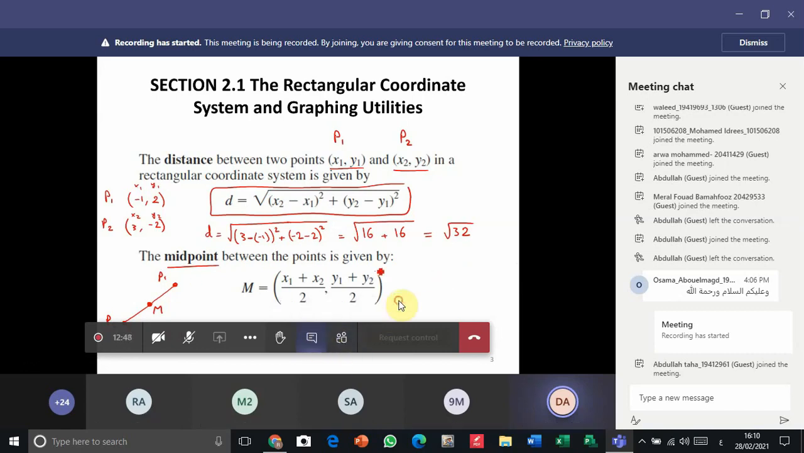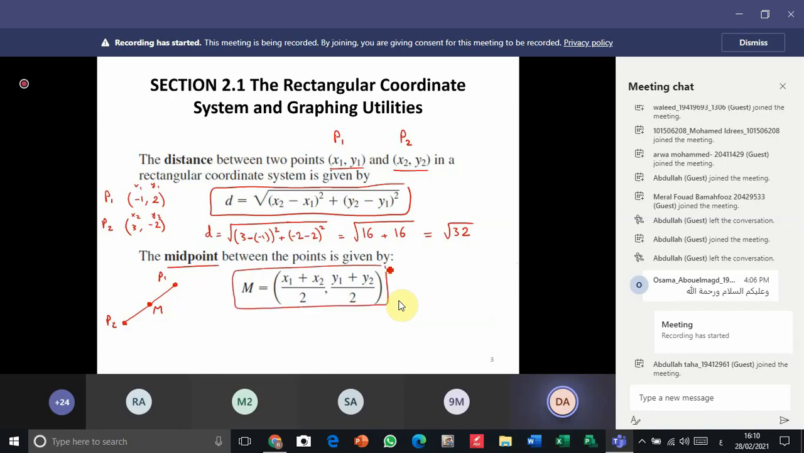So how can we find the midpoint? By this formula. The summation of the x coordinates over 2 is the x coordinate of the midpoint, and for the y coordinate, the summation of the y coordinates over 2. For example, also, if we have B1 minus 1 and 2, B2 3 and